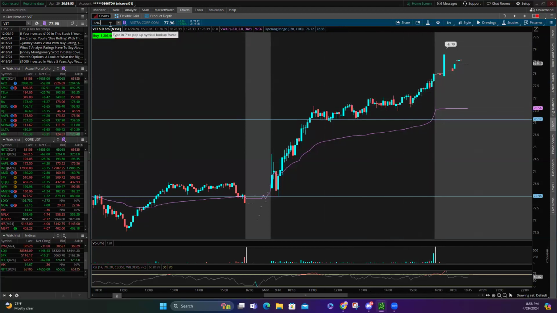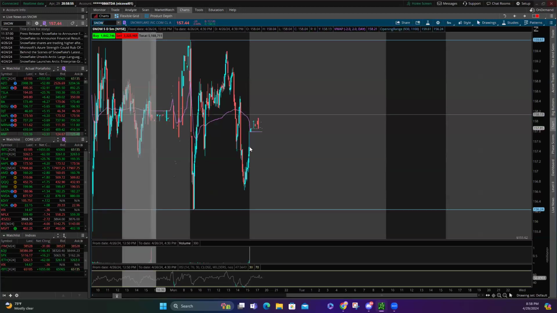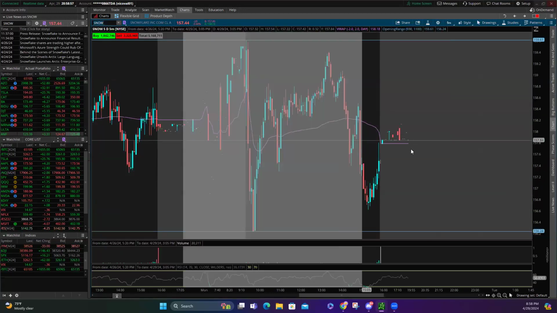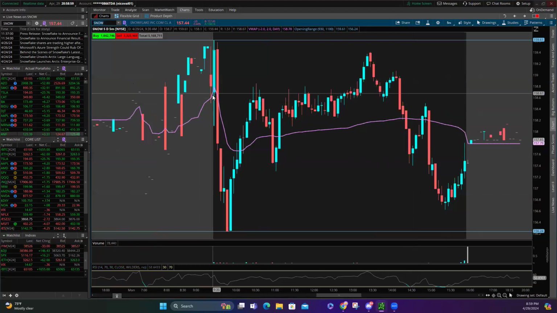SNOW, same thing, same concept, guys. Really easy to see it. Look, this is SNOW in the 5 minutes. You jump in at the opening on the bell. When we cross down, you can get into puts right here when it's crossing down. Get out here. If you wanted to jump here, of course, you can jump in, but if not, when this candle opens up here, you get in, then you're out. And it's really, really useful to use for entries and exits.